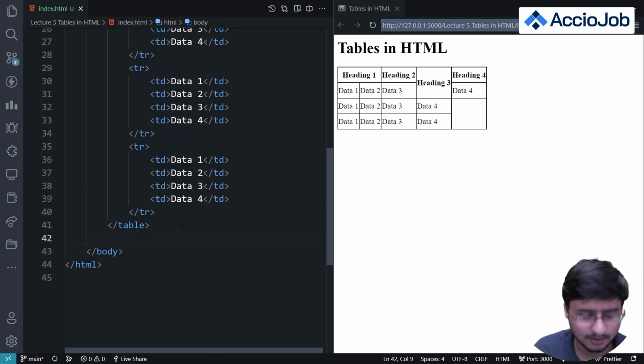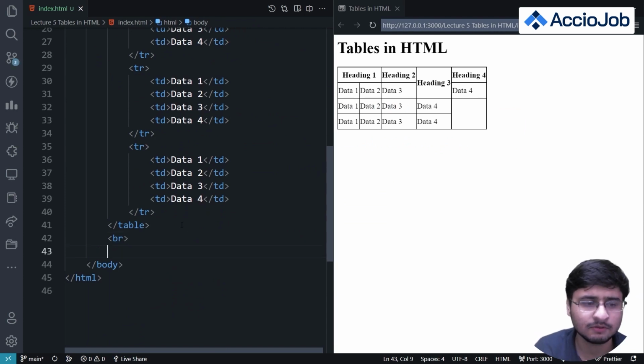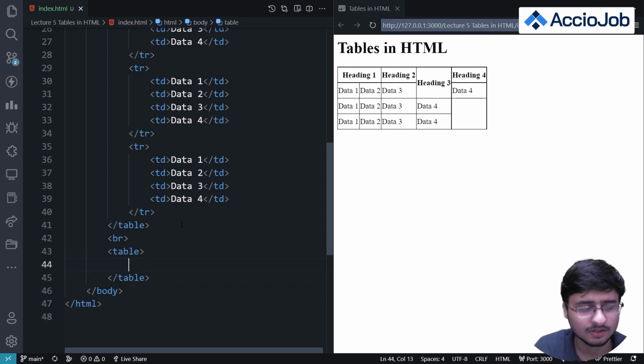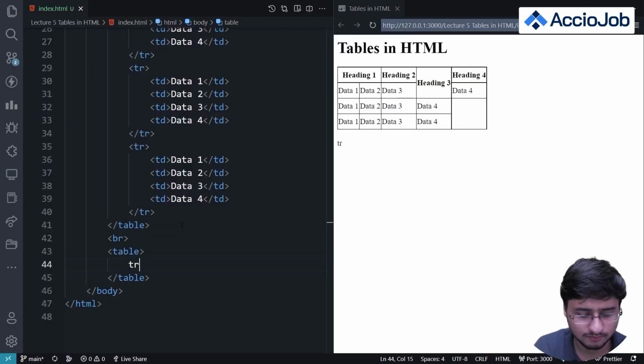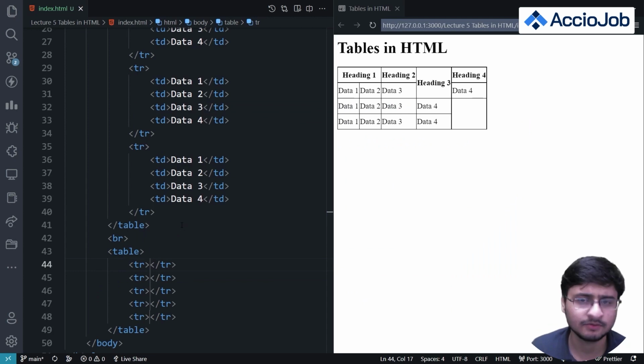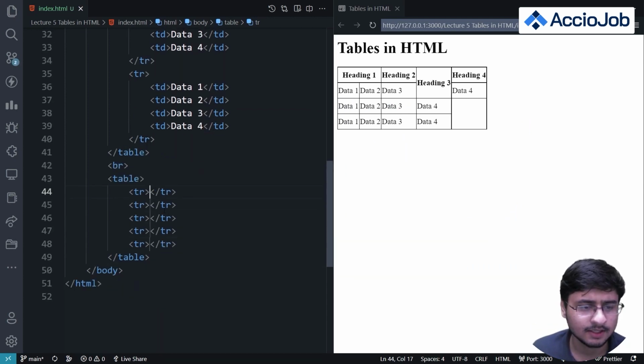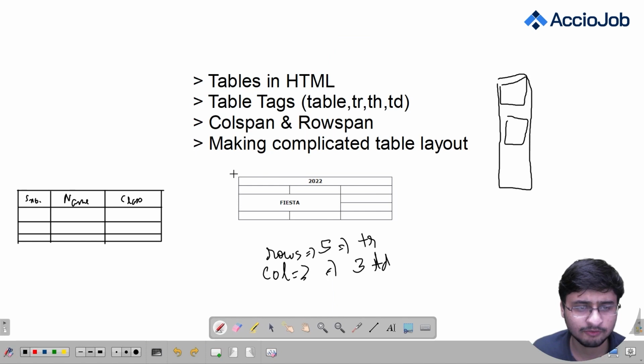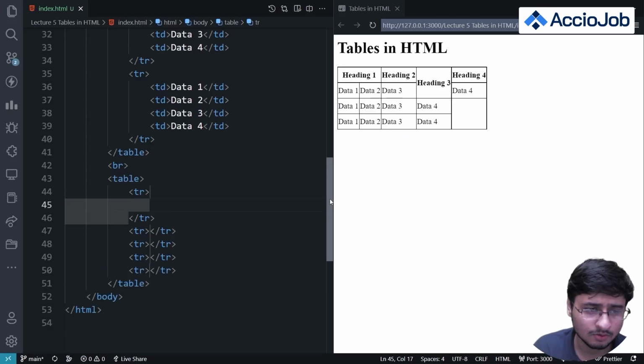What I'll do is a line break, and below this we'll make another table. So I'll do the table tag, right? Now I want 5 rows, table row into 5. We are using basic VS Code functionalities here. And then for the first table heading, it is taking the colspan of 3, right? Because it's taking all the 3 columns. So inside this table row there will be only one table heading.